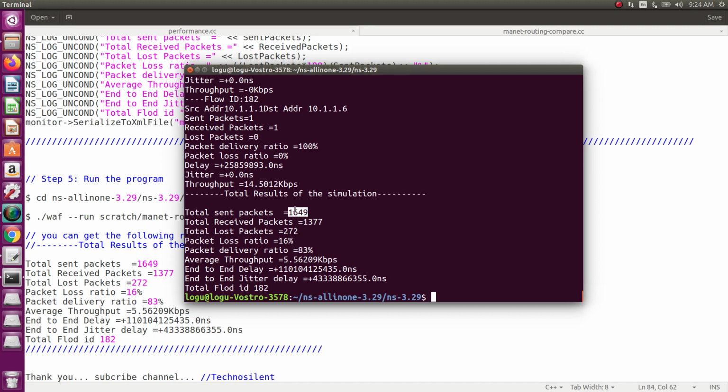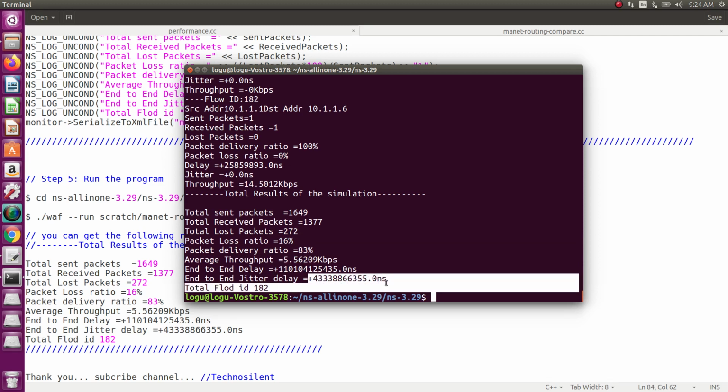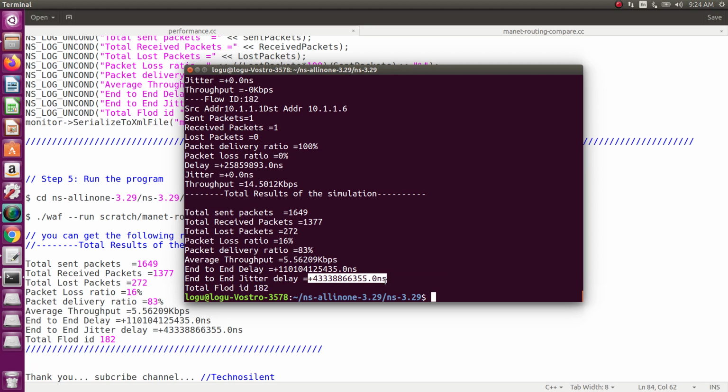Received packets is the received packets for each and every flow ID, and we add all of those. Then lost packets 272, then packet loss ratio and packet delivery ratio. This is your average throughput, then end-to-end delay, then end-to-end jitter delay. So this is for the AODV protocol. The default protocol we are using in your MANET is AODV.